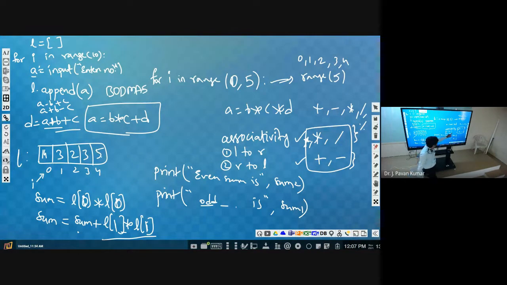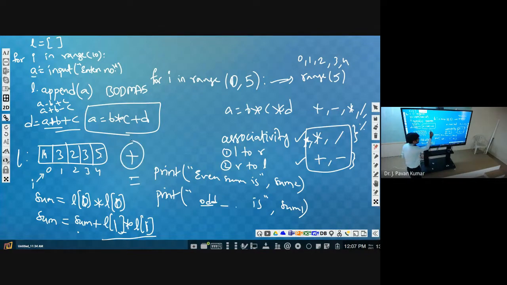So consider this one, D is equal to A plus B plus C. If you consider the associativity left to right, you will be evaluating D is equal to A first. But what is the caution? I told you. Whenever we have the same precedence, only then will we go for associativity of those operators, keep that in mind. So here, D is equal to A plus B plus C, what are the operators that we have? Equal to, that is the assignment operator, then plus, then plus. Now we know that plus will come prior to the assignment operator.